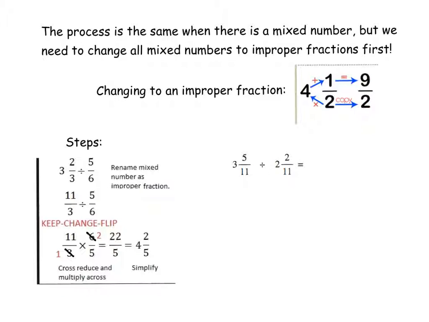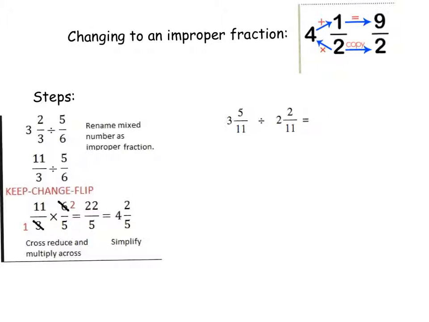So our steps, we're going to rename the mixed number to an improper. So 3 2/3 became 11/3. 5 5/6 became the same. We're going to keep, change, flip, and reduce if we can. So reduce and then multiply across and then simplify. So first we're going to rename. So I'm going to change